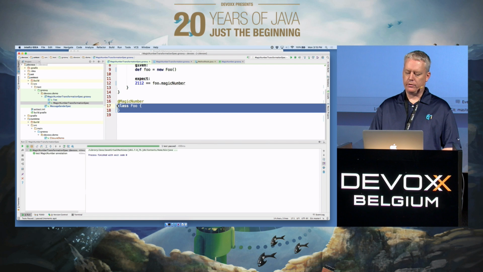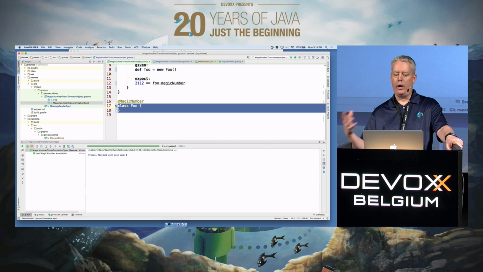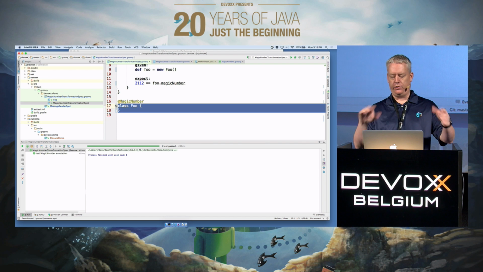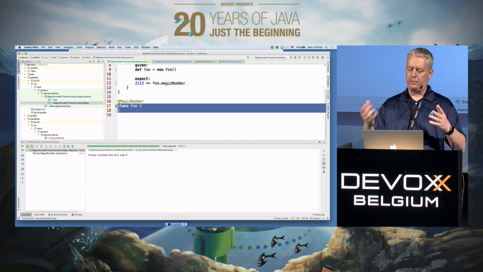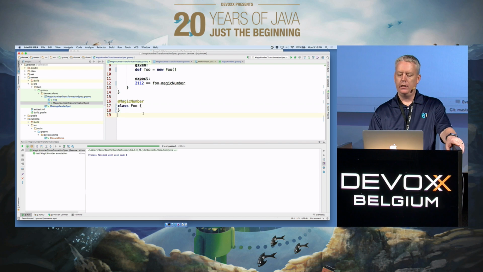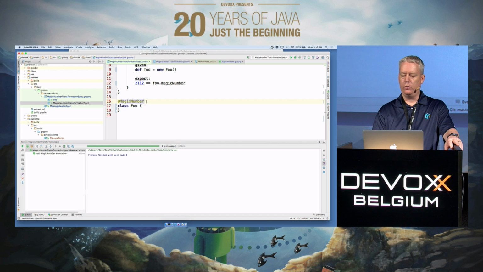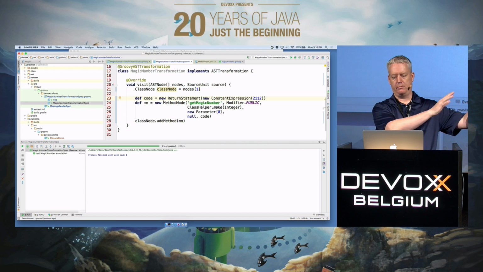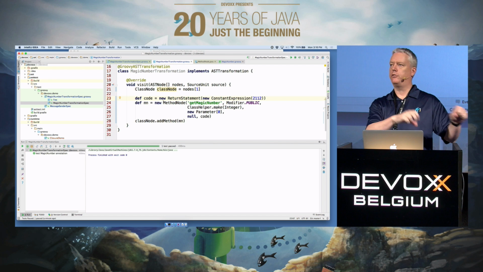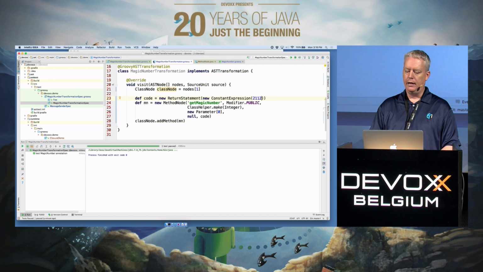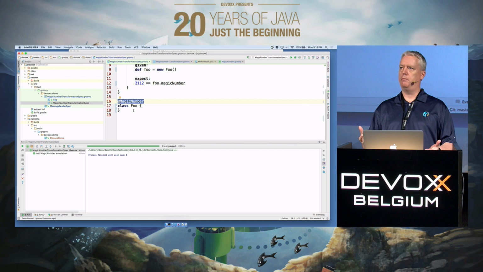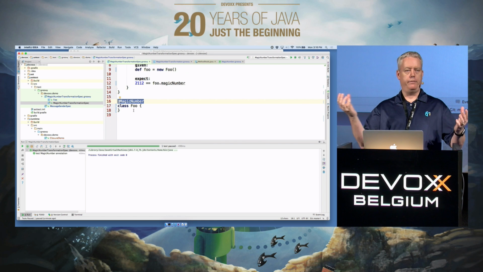So as the author of this class, all that I need to know is that the way to get all this magic number behavior, and in this case it's just one trivial method, but whatever behavior is supposed to be associated with magic numbers, all I need to know is what that behavior is. So in this case it's a method called getMagicNumber, and the way to have that behavior applied to this class is to annotate the class with that magic number. And then all this tedium is somebody else's problem. It's whoever is providing the magic number library who has to write this complexity. And now I get to simply annotate a class with magic number, and behaviors are added to my class at